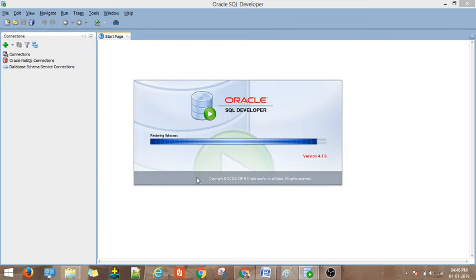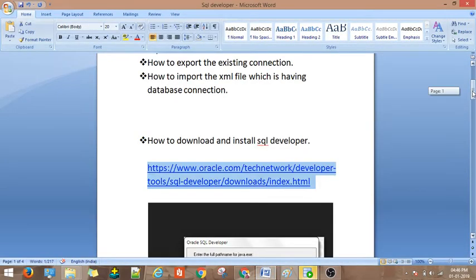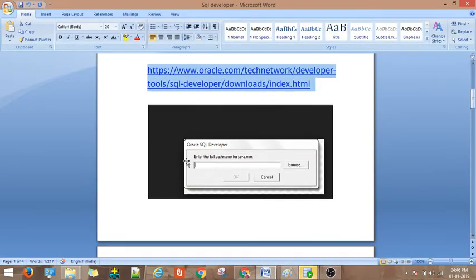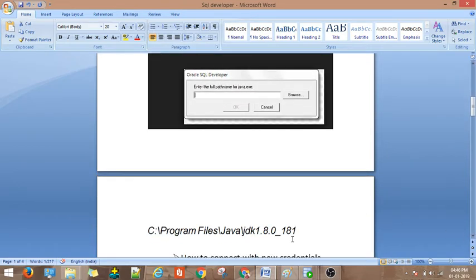Sometimes it will give an error like this. It will give this pop-up. It needs the Java file path. In case you get this pop-up on your system, come down, copy this path, paste it here, and then click OK.